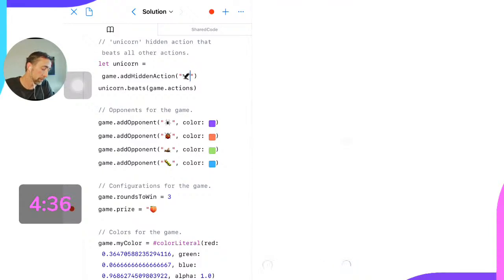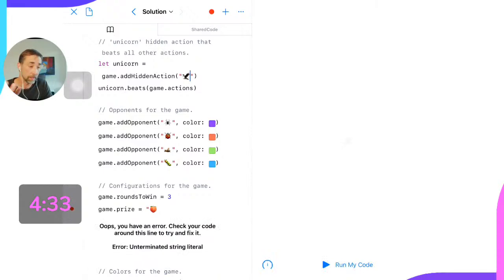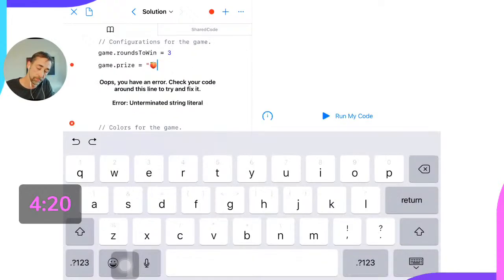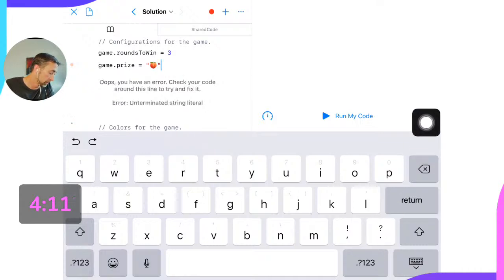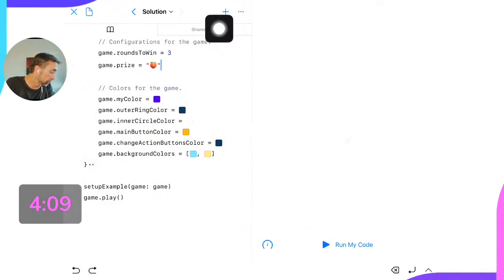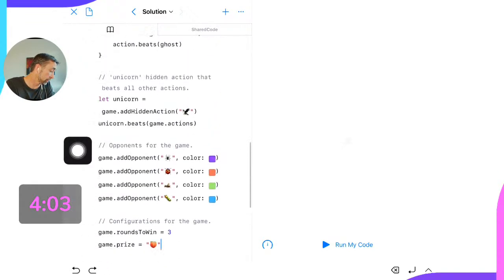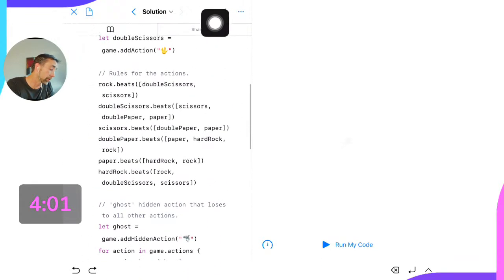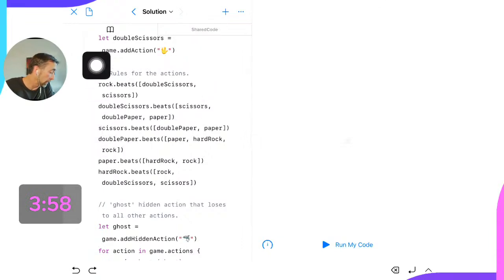If I hit run my code, though, I have a small problem that you might have too. I had that same error. Can anyone remember what that was? Unterminated string literal. What do I have to do there? Maybe I need to add that closing quotation mark. So I'll touch on the L and drag down to get the closing quotation mark, and my red dot goes away. Everything's good to go. When I have a lot more code like this, and I do have errors, the red dot will actually show up at the top so that I don't have to go hunting for it.